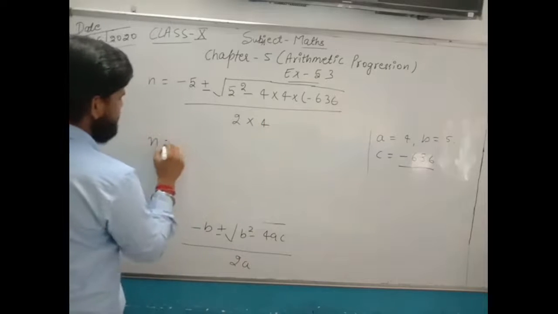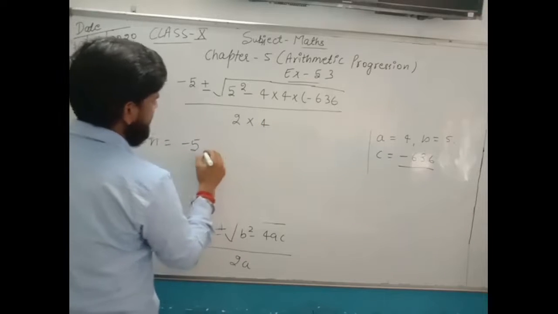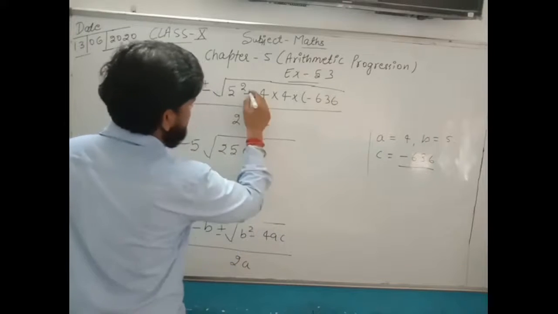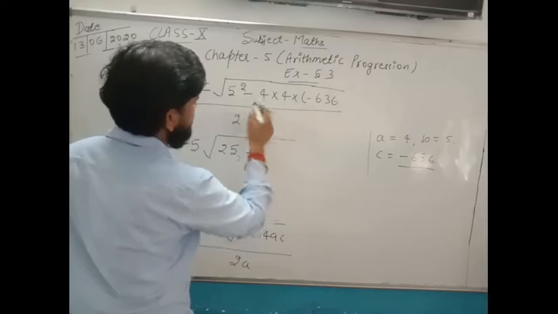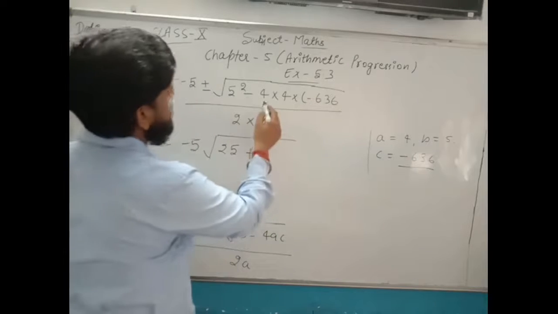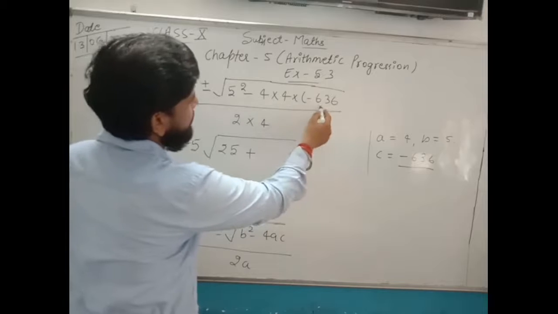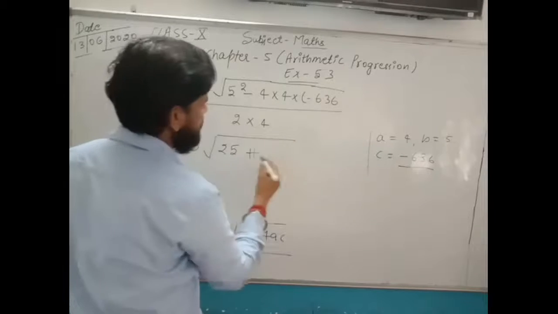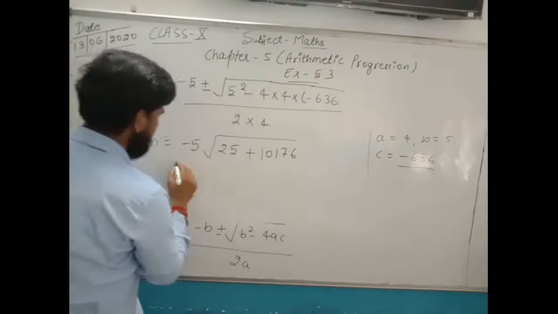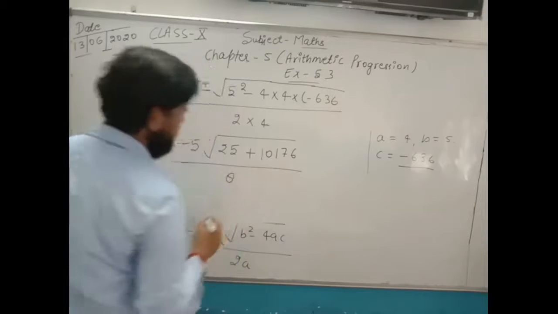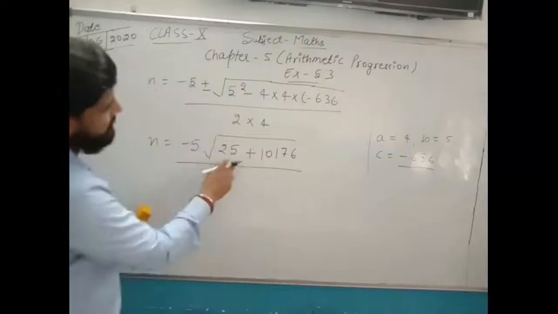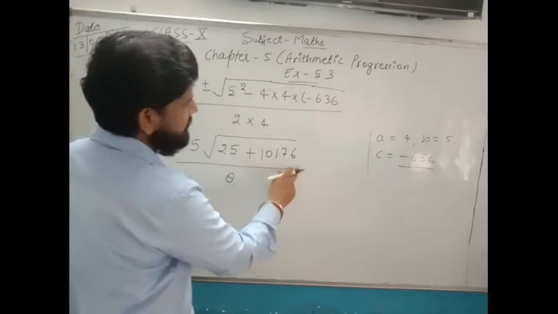So n is equal to minus 5 plus minus the square root of 25 plus, sorry, minus multiply minus, this is plus. If we multiply 4 multiply by 636, this is equal to 10176, upon 8. If we add 25 plus 10176, this is equal to